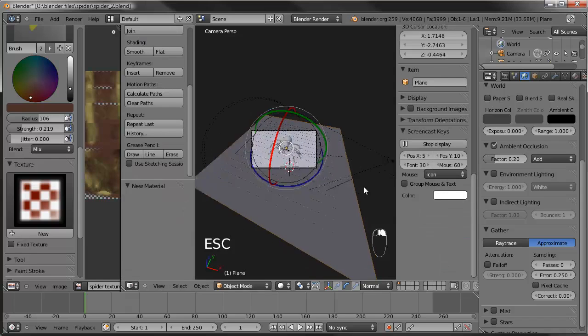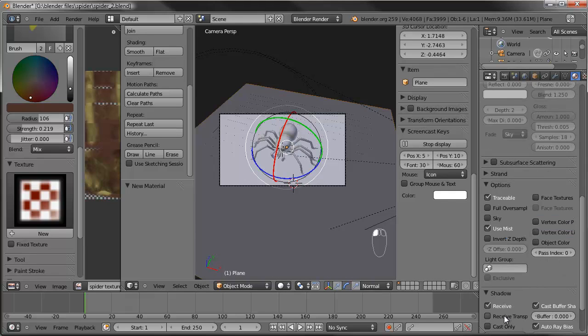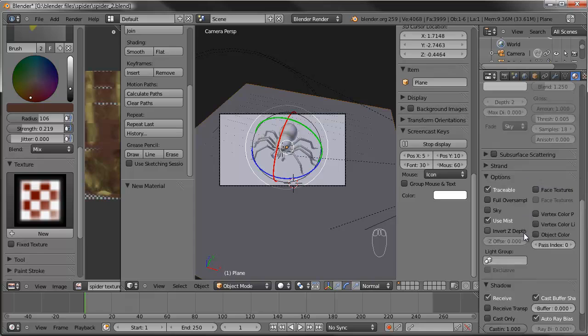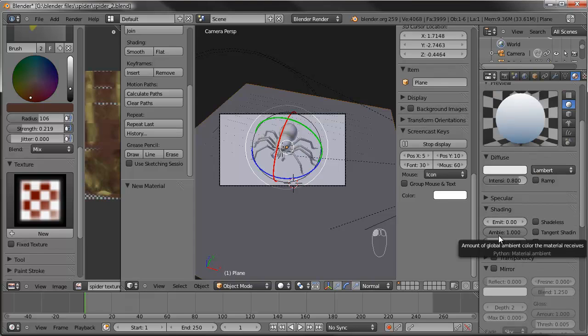So one setting you can turn on to get the shadows to show up on this plane, even though ambient occlusion is turned on, is you come over here to the materials. Remember, down here we use shadows only. Scroll all the way up to shading and set the ambient. It changes the amount of global ambient color that the material receives. So change that to 0. And now when we render,